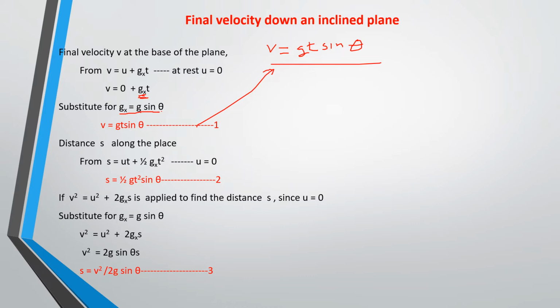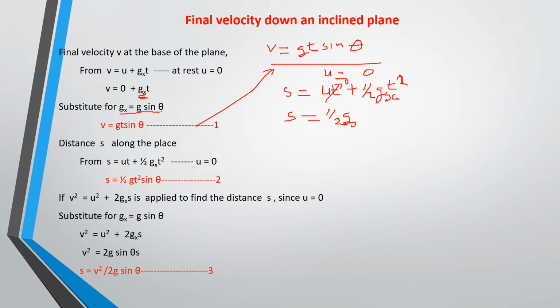Okay, then to find the distance along the plane, you already know that u, initial velocity, equals 0. Then from this equation, s = ut + half gt squared, where g along the plane is g sine theta. Since u is equal to 0, this term should be 0. So substituting into this equation, you have that s is equal to half